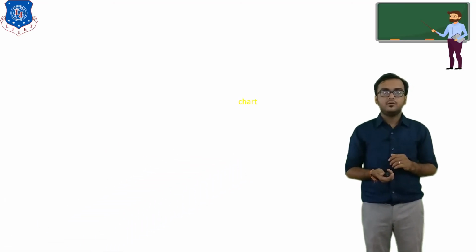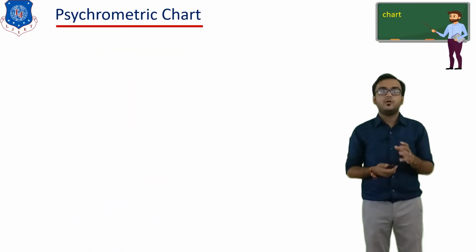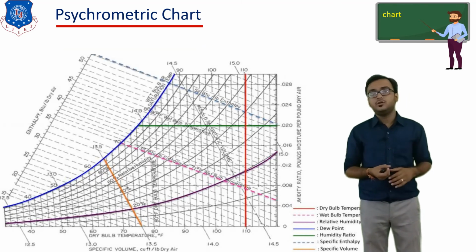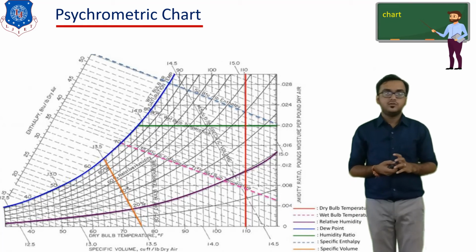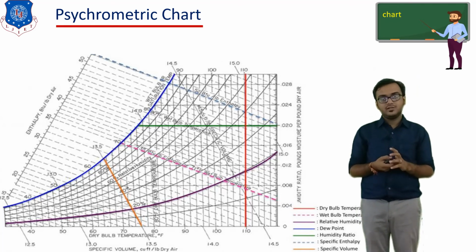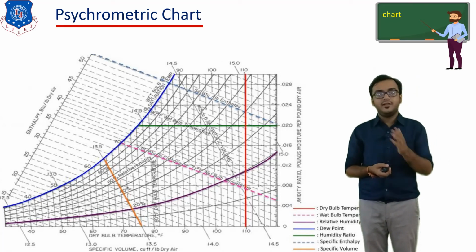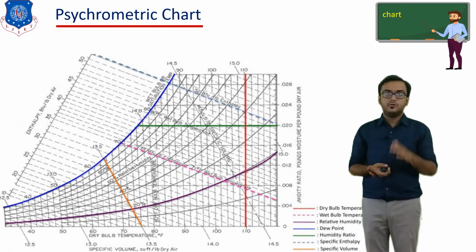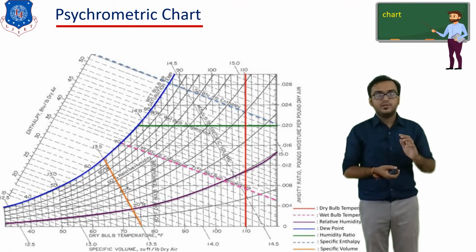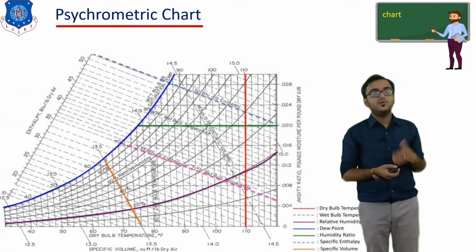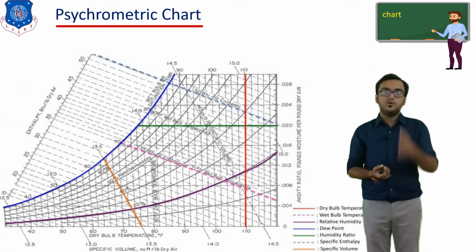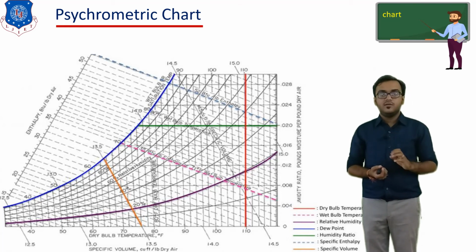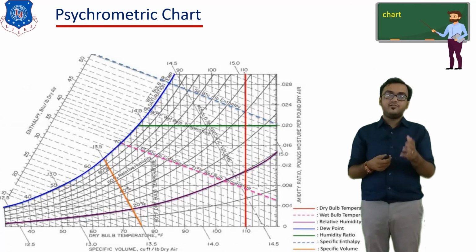Now I would like to discuss the psychrometric chart. The psychrometric chart is one of the essential tools to solve any example instantaneously. Here you can observe the layout of the psychrometric graph. In the psychrometric graph, you can say the vertical lines indicate the dry bulb temperature. Okay, just observe the red color line having a temperature 110 degree. Now someone told to plot the 19 degree dry bulb. Then what you have to do? You have to simply plot one vertical line, which is similar to the red line, indicating the dry bulb temperature.